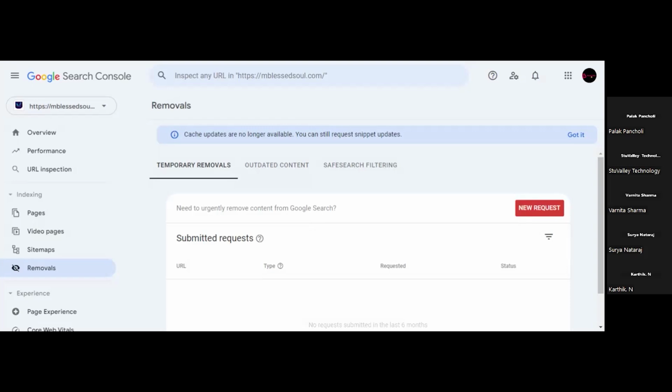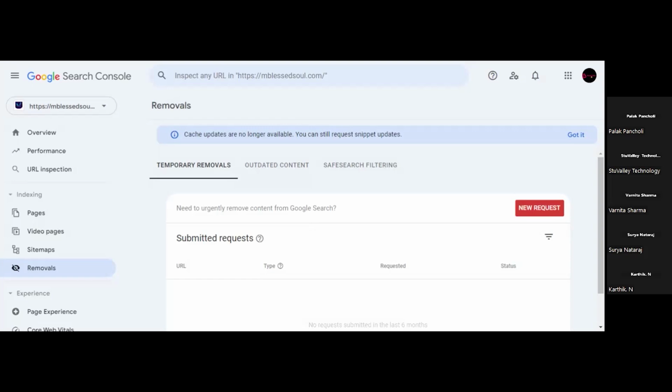Okay, then next is outdated content. What is this option? This section lists content that users have requested to be removed from Google's index because the content no longer exists on the page or has been significantly changed, right?